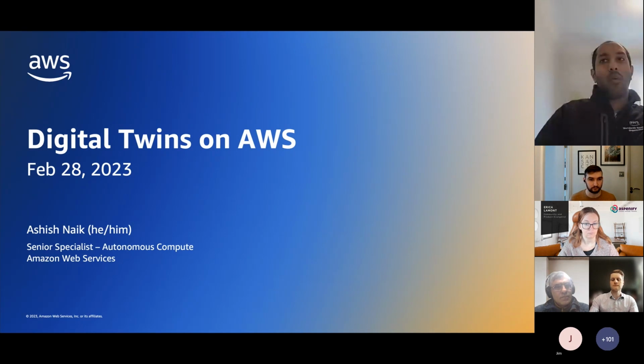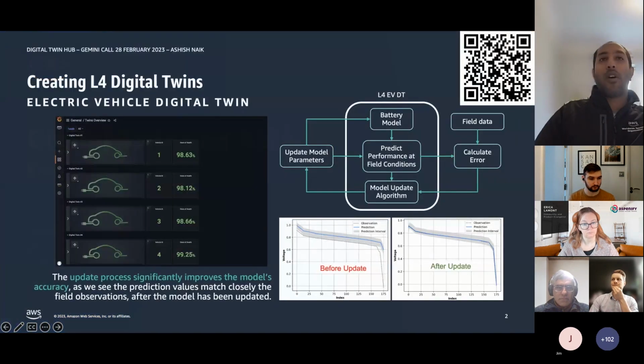A lot of people think, what does AWS care about around digital twins? Our goal is to enable organizations with the digital twin foundational infrastructure to create digital twins, and really provide that foundation that enables builders and partners. So I find it's always best to start with an example.